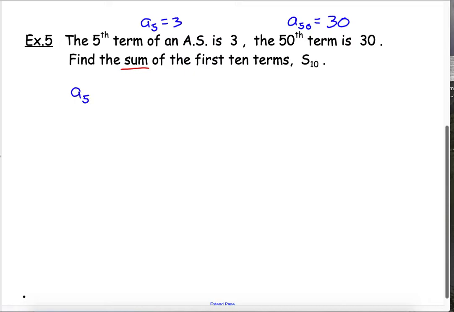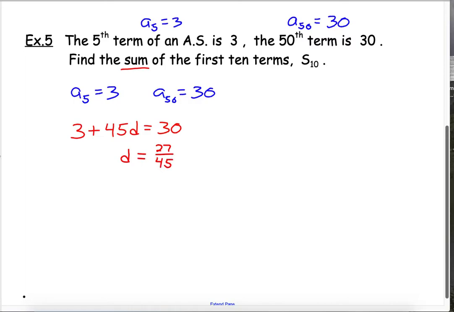A sub 5 is equal to 3, and a sub 50 is equal to 30. Let me find the common difference. To get from 5 to 50, I'm going to have to add the common difference how many times? Well, from 5 to the 50th term, that's 45 times. 45 jumps, 45 blanks. So if I'm at 3 and I add the common difference 45 times, I should get to the 50th term, which I know is 30. So if I subtract 3, I get 27, and then divide by 45, I get my common difference,